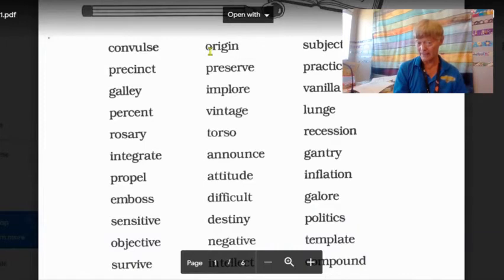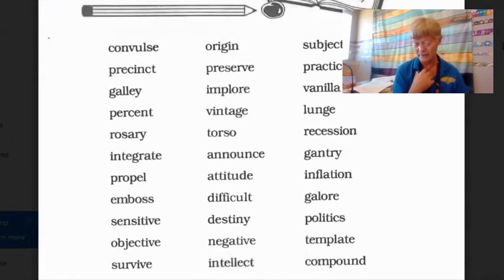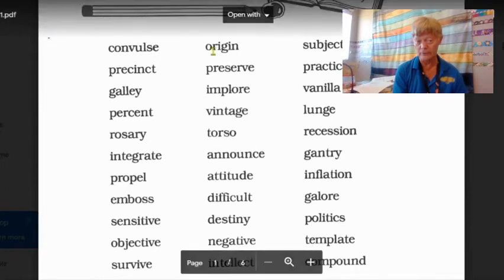And once again, vowel plus R is mixed in here. You know that has an OR sound. You know G is going to have a J sound because there's an I after it. G has two sounds, G and J. It has a J sound when there is E, I, or Y after it. So notice vowel, consonant, vowel. That means you divide it. So origin,